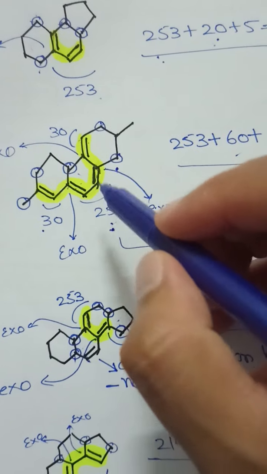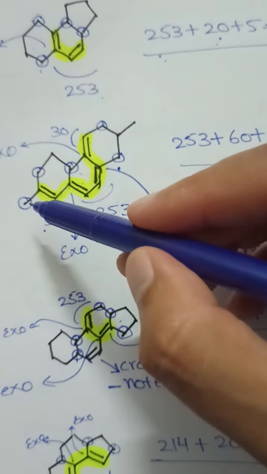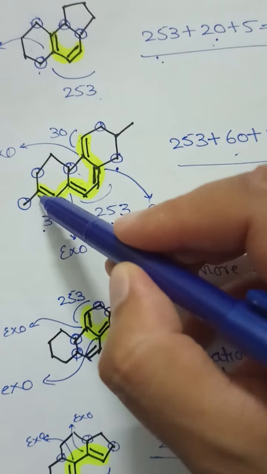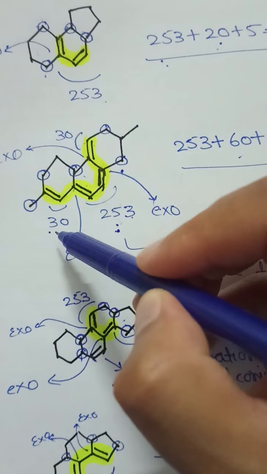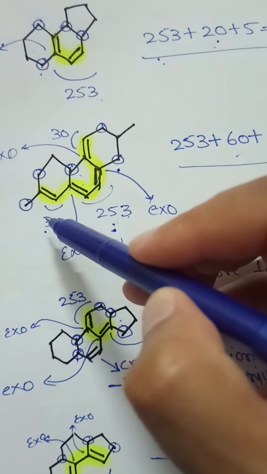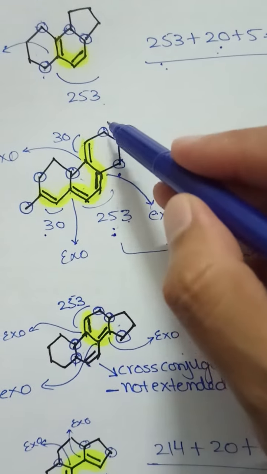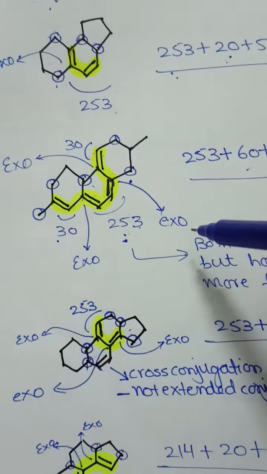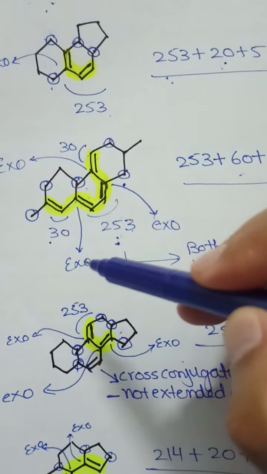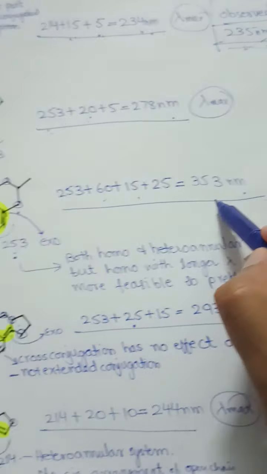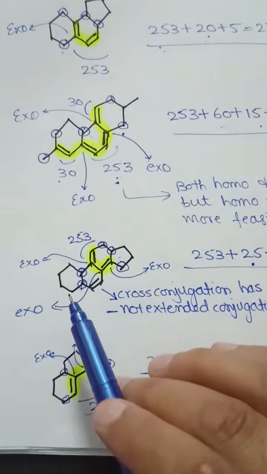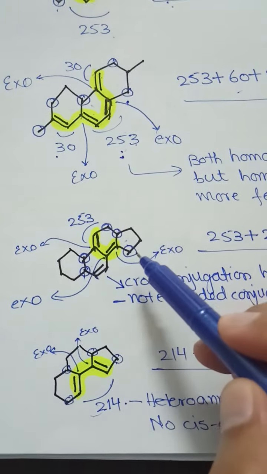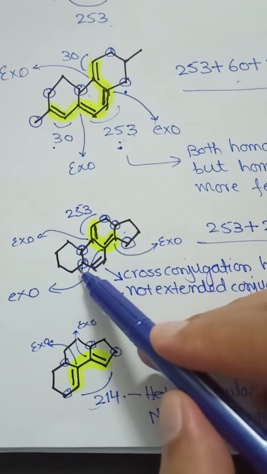So here we have 253 nanometer plus extended conjugation, so 30 nanometer extended here, and for this extended conjugation 30 nanometer increment will be here, so both gives 60 nanometer. Here are the ring residues, so 5 ring residues with the conjugation and 3 exocyclic bonds, so it produces 353 nanometer. If we look at this example, here we have homoannular diene and 1, 2, 3, 4 and 5